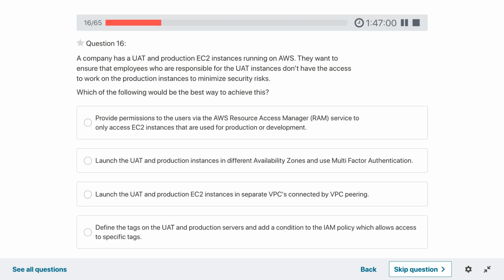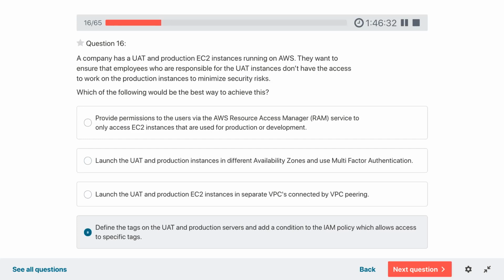Provide permission to user via Resource Access Manager. Launch the UAT and production instance in different availability zone. Launch UAT and production instance in separate VPC connected by VPC peering. Define the tag for UAT and production server and add a condition to IAM policy which allows access to specific tags.